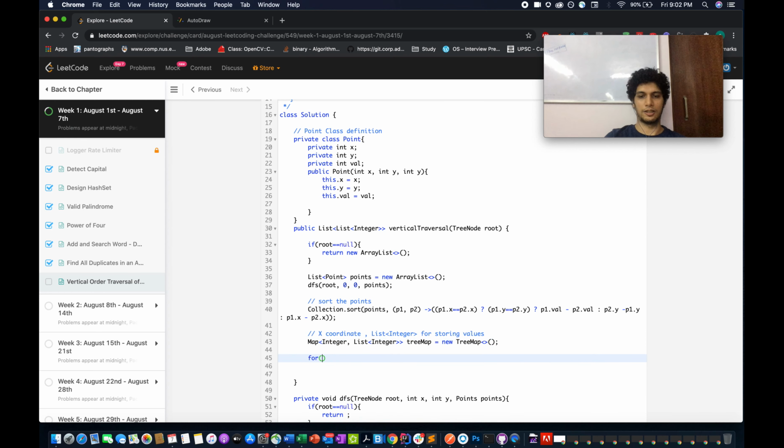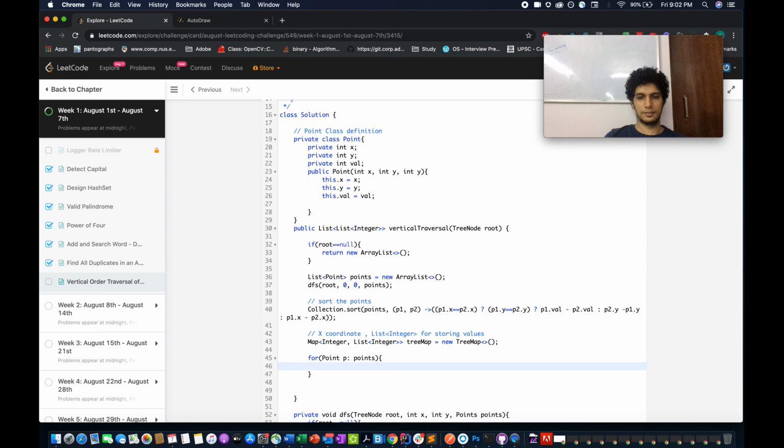Now let's iterate through points and build the tree map. List of integer, it will act as a vertical line. treeMap.getOrDefault(p.x, new ArrayList).